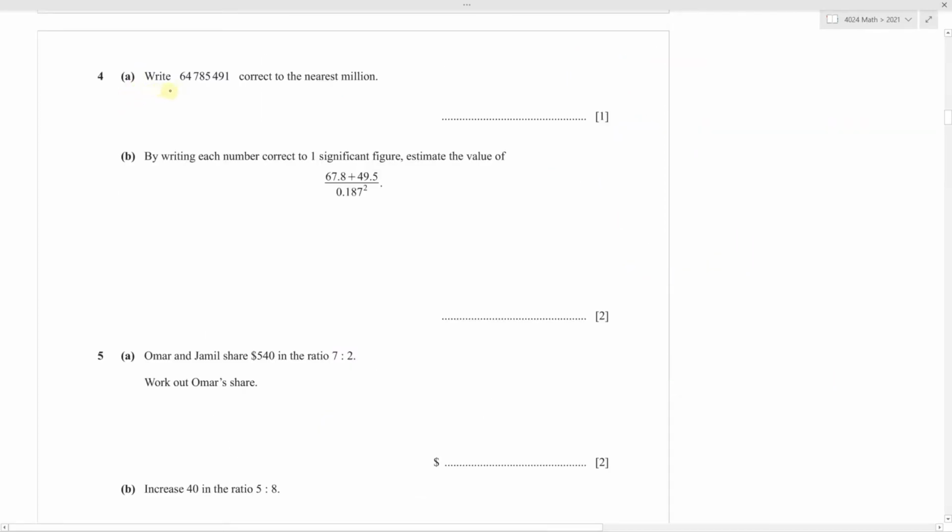Question number 4, part A: write this number correct to the nearest million. If you look at this number, you have units, tens, hundreds, thousands, 10,000s, 100,000s, and millions. So this is the millions place, and this is the ten millions place. If I write it in terms of millions, this will be